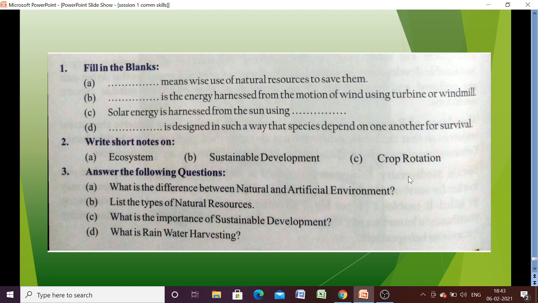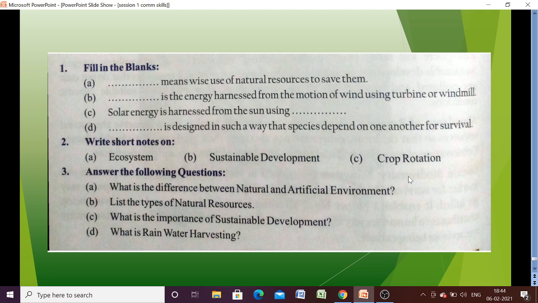Okay, and our society is a most important and integral part of environment. Now coming to the sustainable development, already we have discussed what is the meaning of sustainable development. So it is a development that meets the need of the present world without finishing off or depletion of natural resources, and saving and protecting the potential of resources for future generation to meet their needs in future. So this is sustainable development.